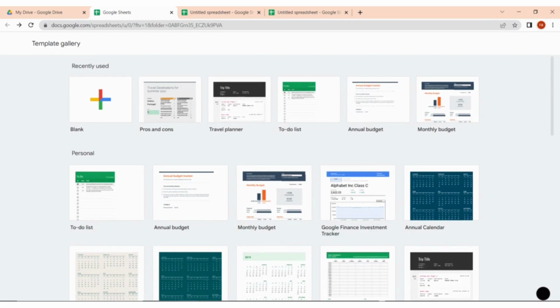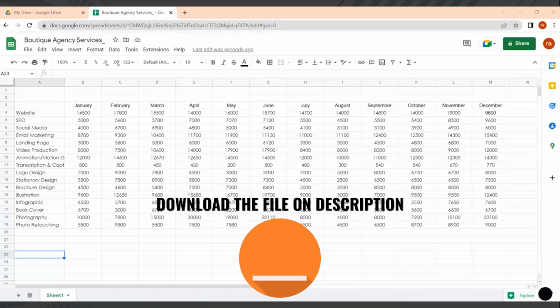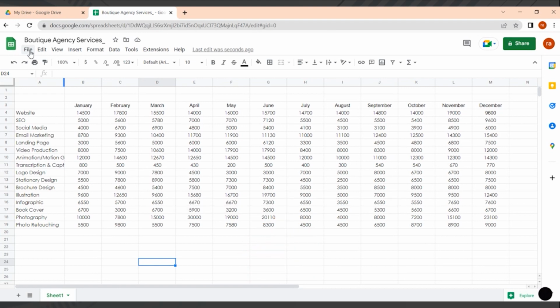Okay, now I will open a simple Google Sheet file in my Google Drive. You can download this Google Sheet from the link below. I want to add some data to this Google Sheet. The simplest way to add data to a spreadsheet is to type a number or text into a cell. Let's type in the cell